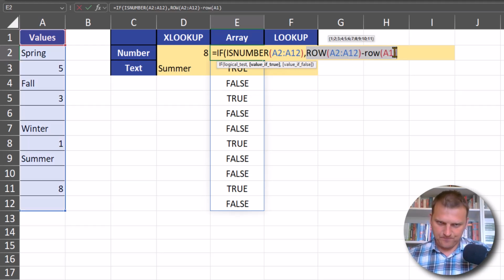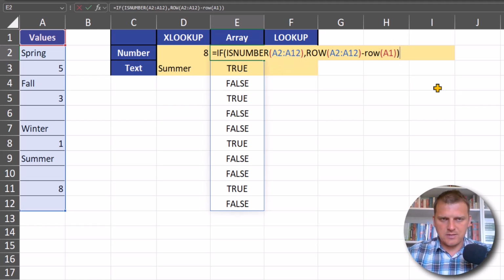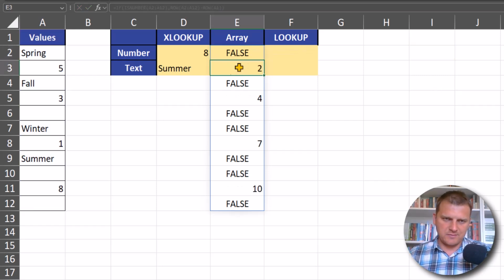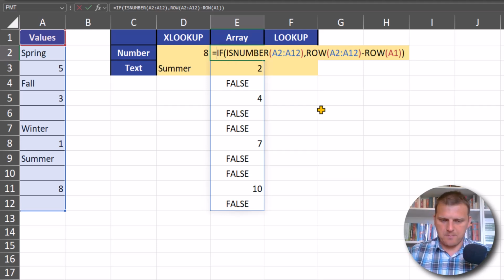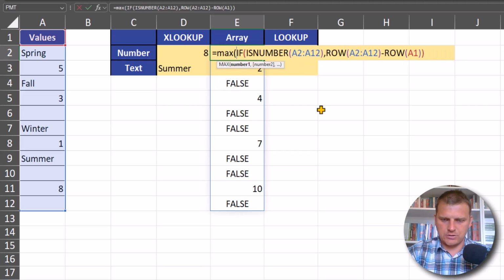We don't need the third argument for the IF function, and based on that we have FALSE where there's something other than a number, and we have row numbers where we have numbers. We want the last value, so we can just use the MAX function,